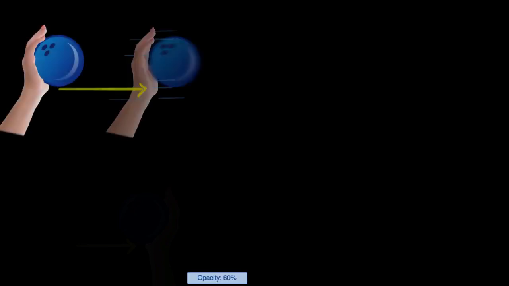Imagine you take a bowling ball in your hand and let's say you throw it. What's going to happen? Well, that ball will speed up as it leaves your hand. Now, if we ask the question, why did the ball speed up? What is the answer? Well, we can say, when you were throwing that ball, you were pushing on it, so you put a force on it. And whenever you put a force on any object, that object accelerates, and therefore it speeds up, and that's why